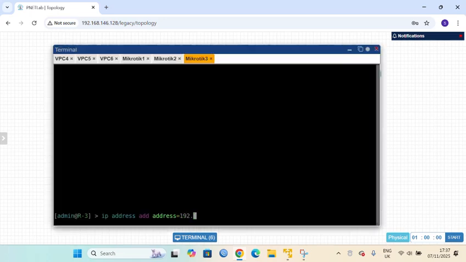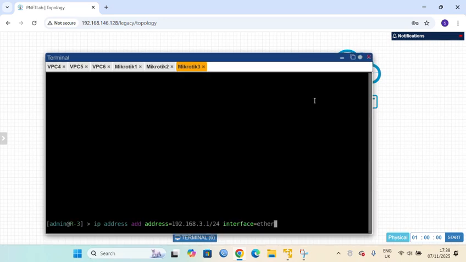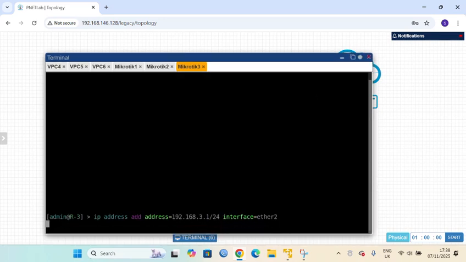The IP is 192.168.3.1/24, interface ether2, enter.